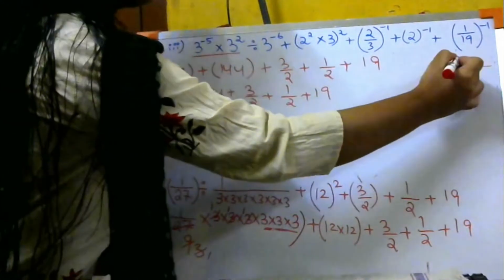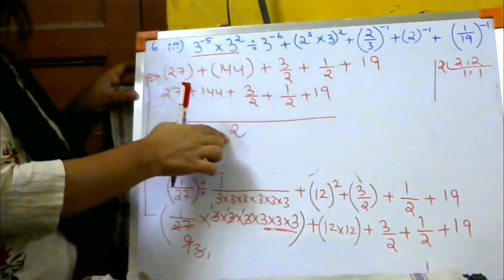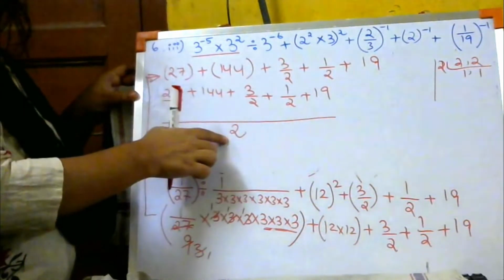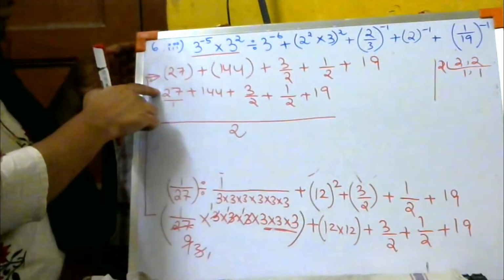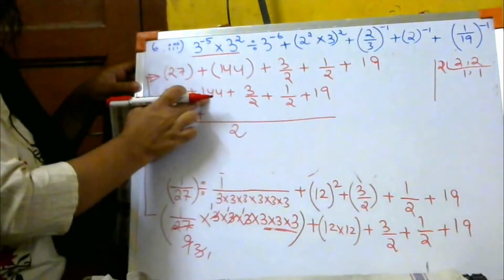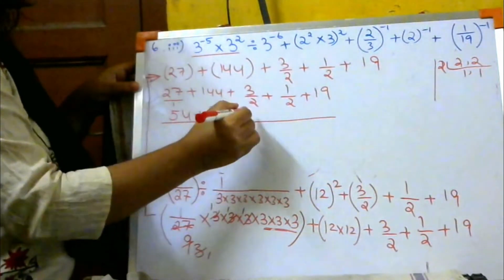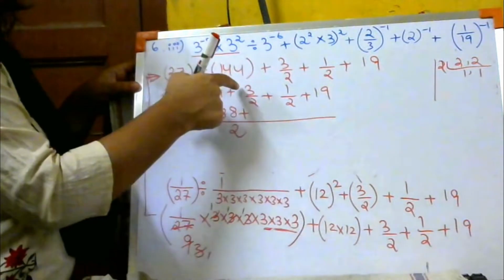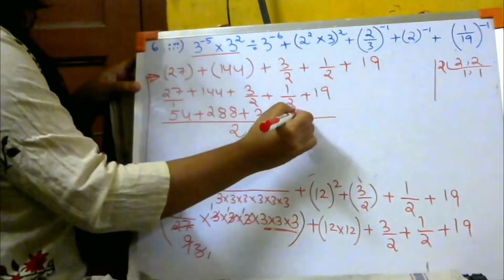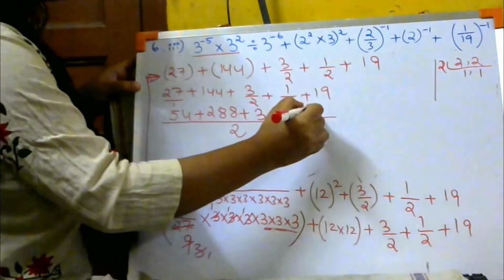If you want you can do it in the rough work also. 2 with 2 I am doing, so 1 came, so only 2 is the LCM, so I am writing 2 over here. Here there is nothing below, meaning it is 1, so how many times does 2 go in the table of 1? 1 2s are 2, so 2 27s are 54 plus. Here also the same case, so just directly multiply 144 with 2, so 2 144s are 288 plus. How many times does 2 go in 2? One time, so 1 3s are 3 plus again 2 1s are 2, so 1 1s are 1 plus. Here also the same thing, below 19 there is nothing, meaning 1, so directly multiply 2 with 19, 19 2s are 38.